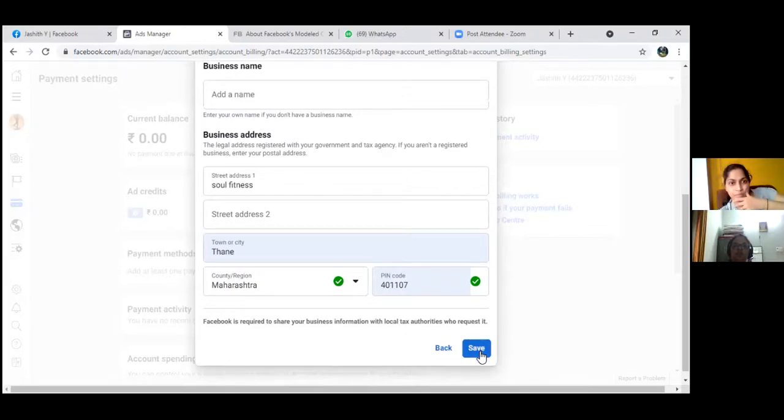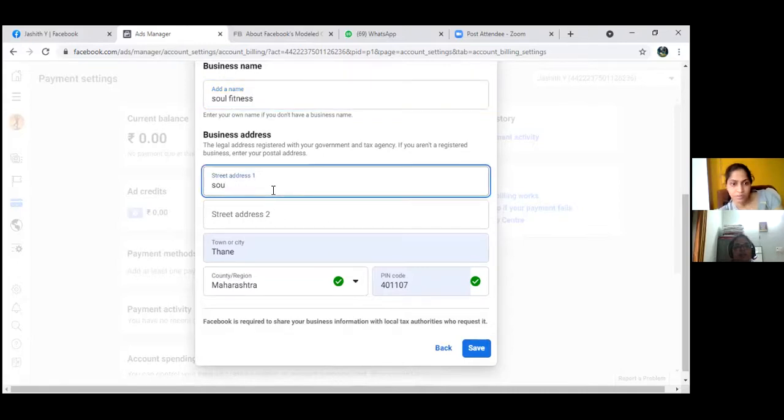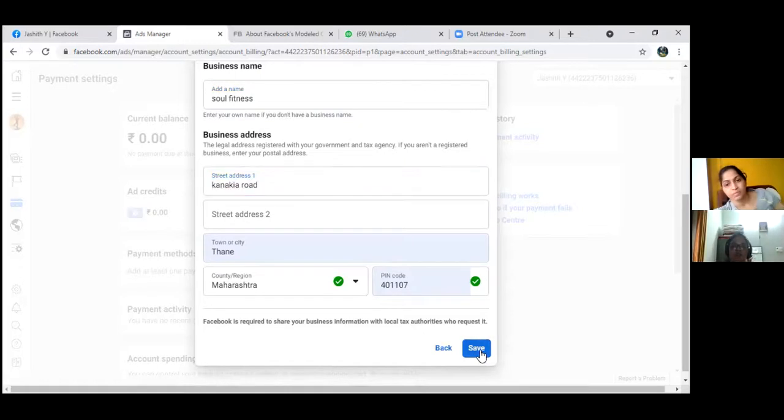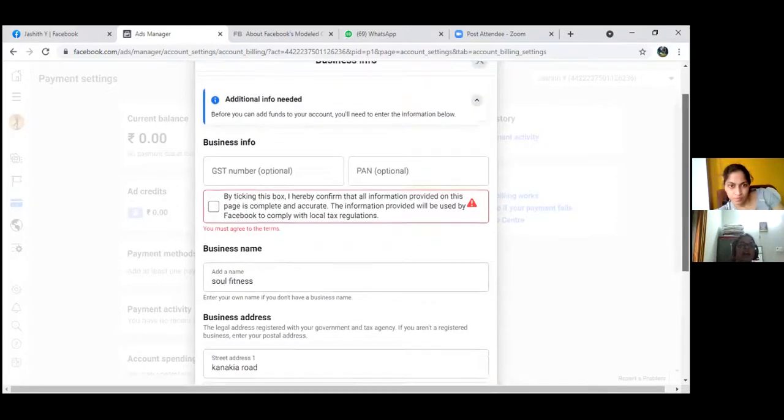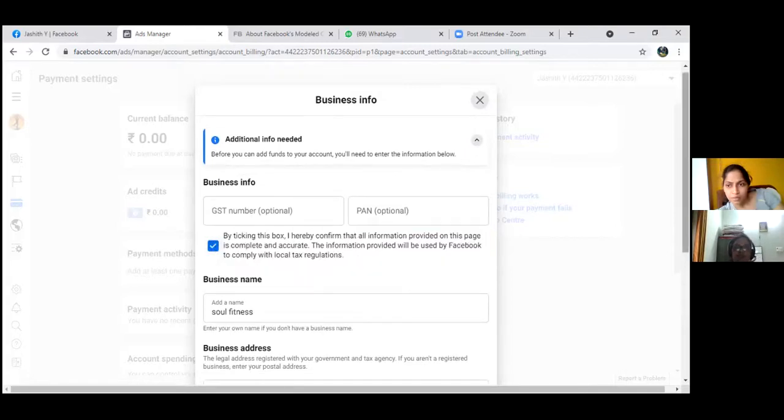Yeah, go up. Something it is showing error, I think. It is not saving. Street, business name. And street. Some street one, something. Yeah. Okay, click on save. Scroll up. Just scroll up. Maybe upside it is showing something. Yeah, here. Just click that button. Just click that button. Checkbox. That checkbox. Yes, checkbox. Now it will take. Yeah, save.